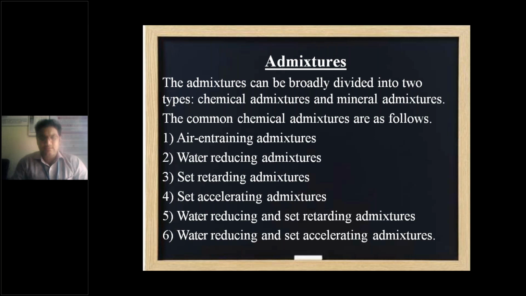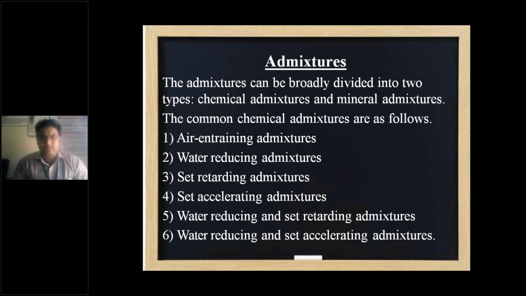So that is how admixtures play a vital role in terms of workability, in terms of durability, in terms of shrinkage, in terms of strength. That's how the admixtures are used, and they are broadly divided into two main categories. One is chemical admixtures, the other one is mineral admixtures. Okay, let's talk about the chemical admixtures which are used in concrete to make it workable, high strength, durable, and